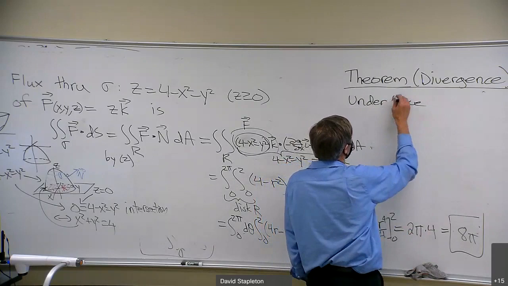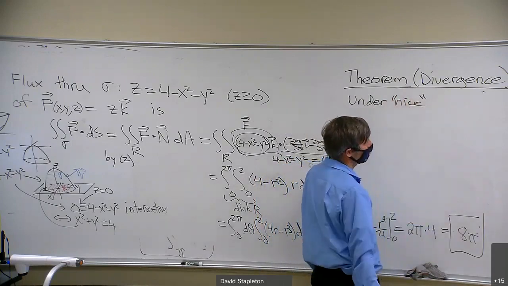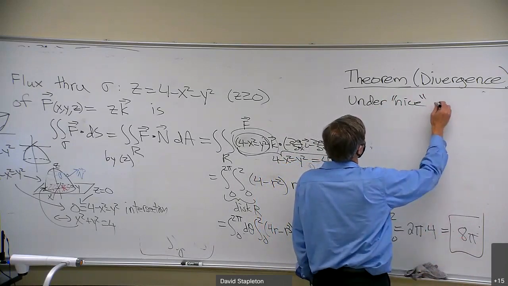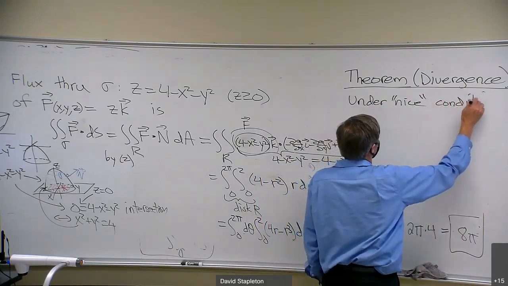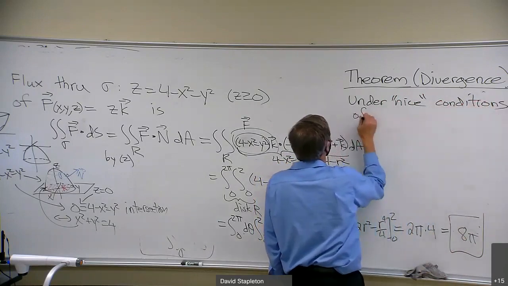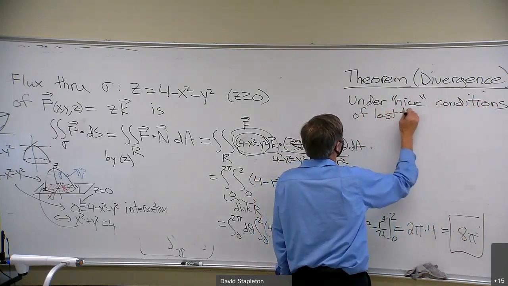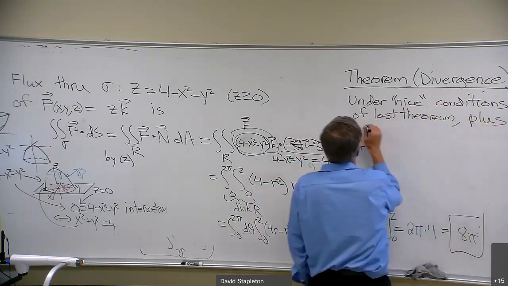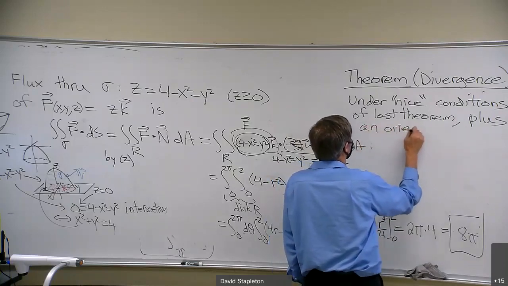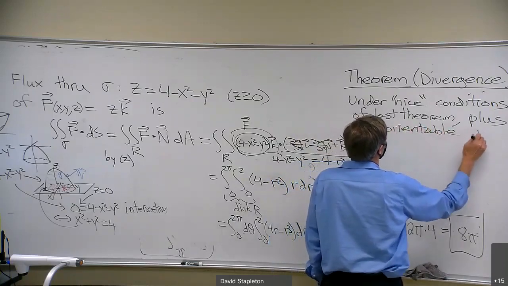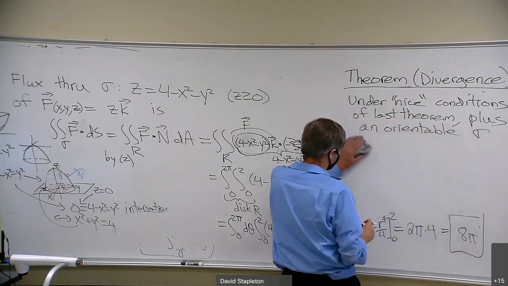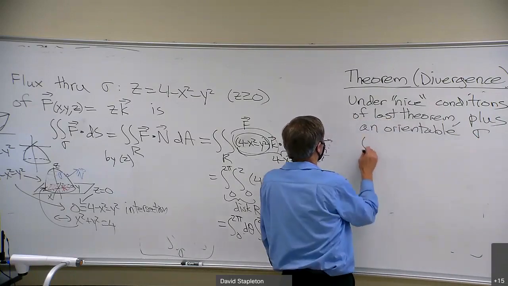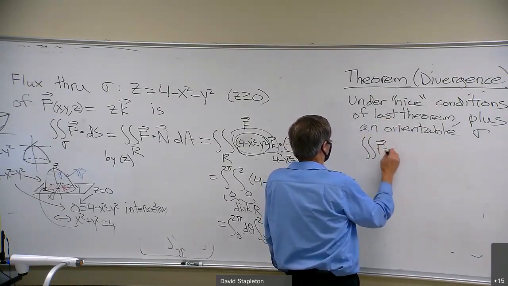So for a surface with continuous partials that is orientable, and the function you put in the integrand has to be continuous, we have another way of evaluating F dot dS,